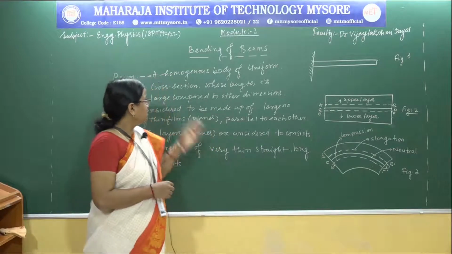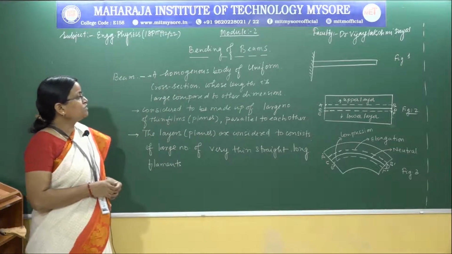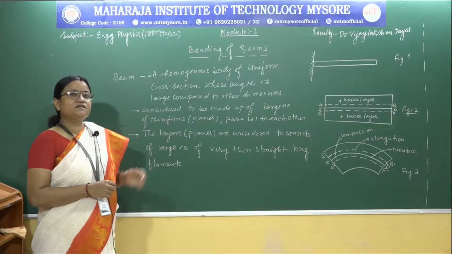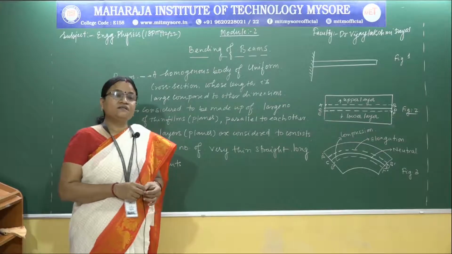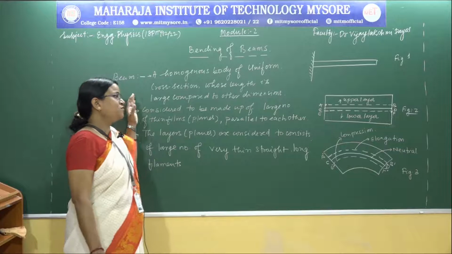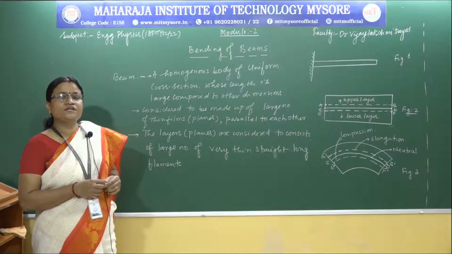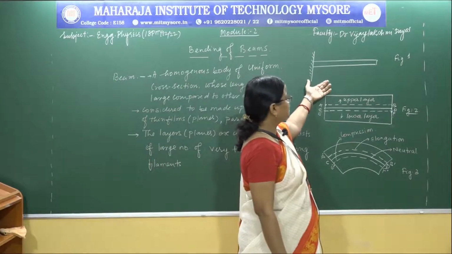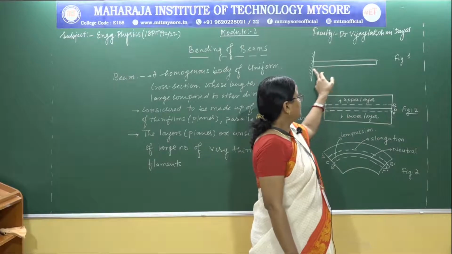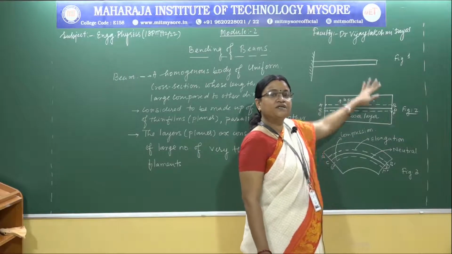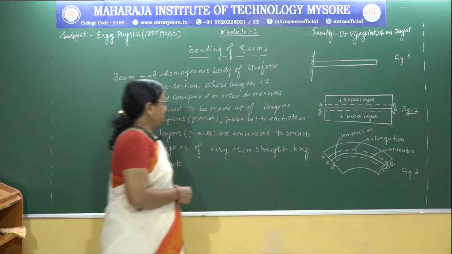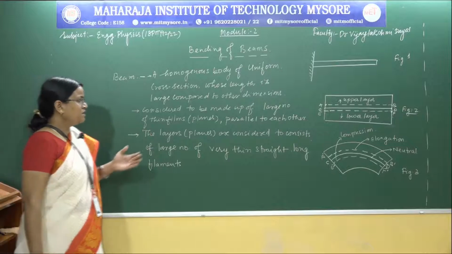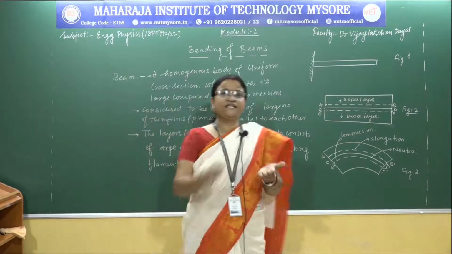called a beam. So if I read it, a homogeneous body of uniform cross section whose length is large compared to the other dimensions such as breadth and thickness, then we call it a beam, as shown in figure 1. So the beam has one end fixed to a rigid support and the length is large compared to the breadth and thickness. Now these beams we consider to be made up of a number of thin films or planes